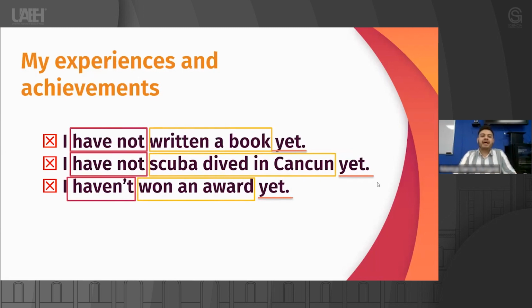We use the word yet at the end of our experiences and achievements so as to indicate that the activity is not complete. You might remember that in the previous activities, I used the word already because the activity was complete. In this case, we're using the word yet because the activity is not complete. That means that we are looking forward to doing these activities anytime in the future. Because remember that these activities are to be done during our lifetime or during a specific period of time.